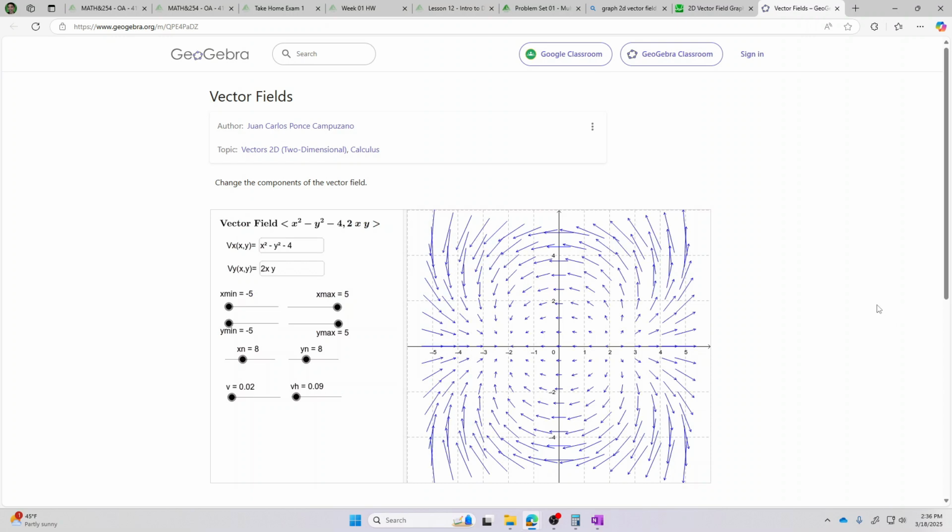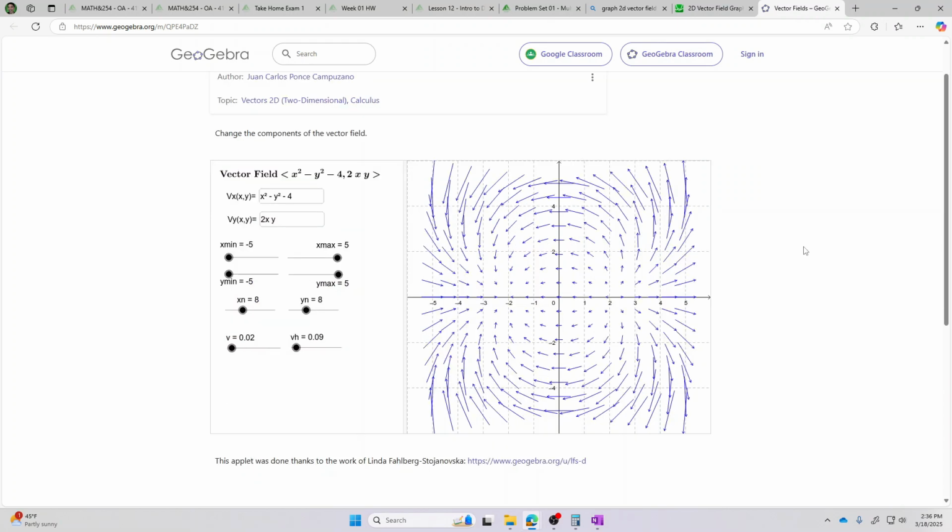Okay, so now I'm on GeoGebra. If I look at the top half of the graph, up in this region, I can see that there's more of a swirl in the counterclockwise direction. I'm getting some pretty hefty vectors here toward the top of the picture, swirling counterclockwise. So there seems to be a sort of positive curl happening up here.